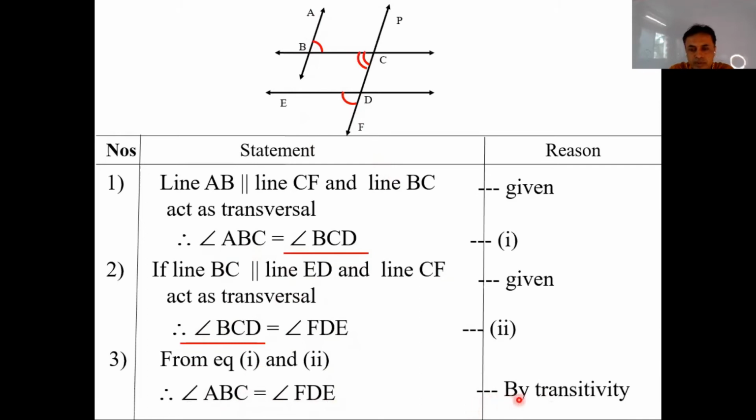And you can see the concept called transitivity, means when the first angle is congruent with the second and the same second angle is congruent with the third, then it is said that the first angle is congruent with the third. Now please observe it, and the additional part here is that you have to write alternate angles in one place and corresponding angles in the other.